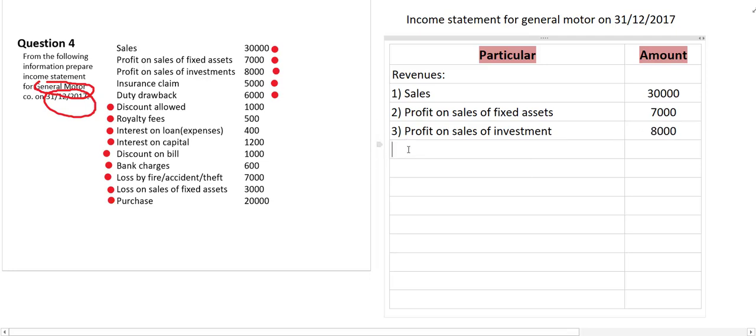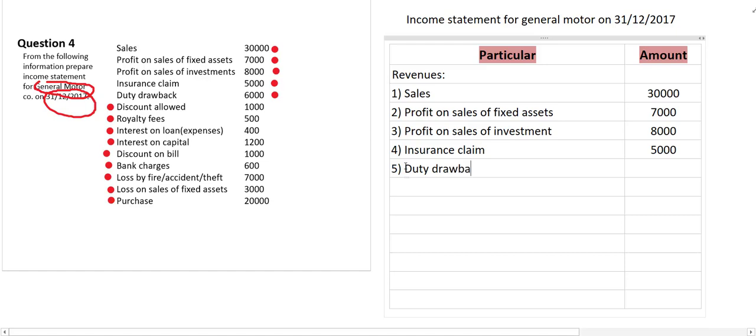Next one, whatever is the next and next, you have to just mention it, right? How much is the amount? So next one is insurance claim. How much is insurance claim? Insurance claim is just 5,000. Mention 5,000. And after that, one more revenue we have, which is called duty